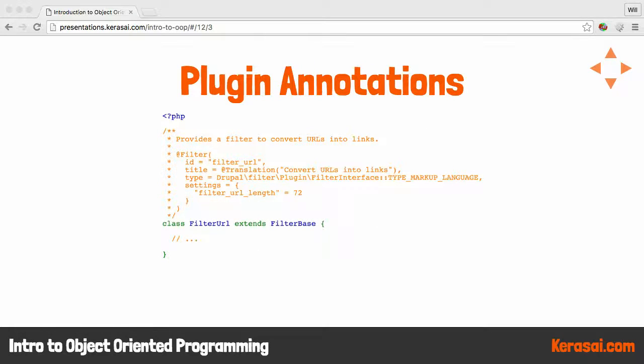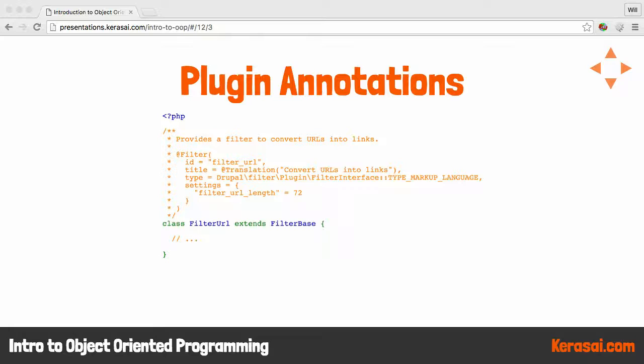One of the things you'll notice about plugins is they have an annotation at the top. This is how Drupal does a discovery mechanism of finding all the plugins. So you create your file, put it in the right directory, put your comment at the top, and Drupal will find it and start using it. So any place, if you wanted to add a filter, you would create a class, put it in the proper directory, go under plugin, filter, and then from there, Drupal will find it,